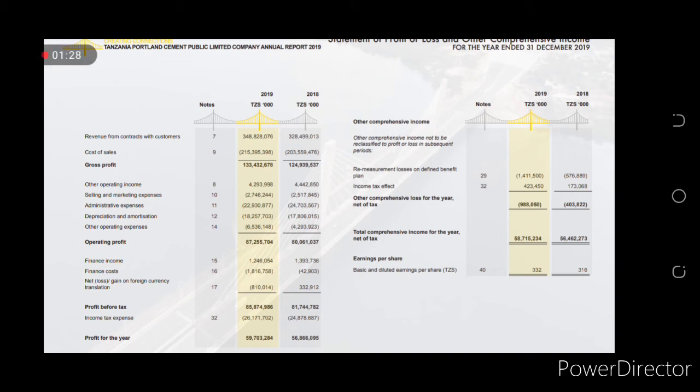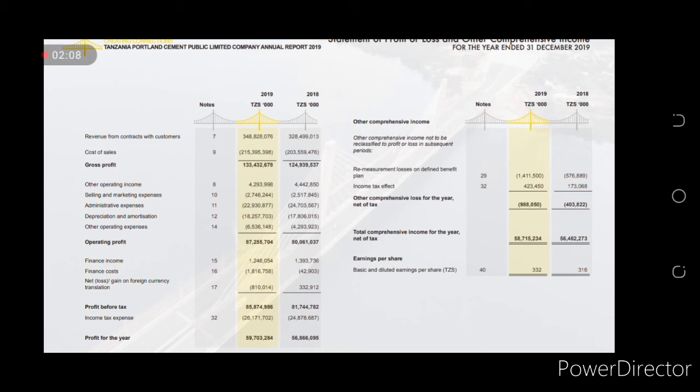But you have to take into consideration that right on the top here, by 2019, 2018, there's TZ shillings 000, indicating that for the sake of simplicity in presenting these income statements, the last 3 zeros, which are common to all these figures, have been excluded, but they've been summarized right on the top there. So when you're performing your analysis or reading through these statements, don't forget to factor in those 3 zeros. There's the revenue from contracts, the cost of sales, then the gross profit, then there is other operating income. We haven't talked about this in the notes.